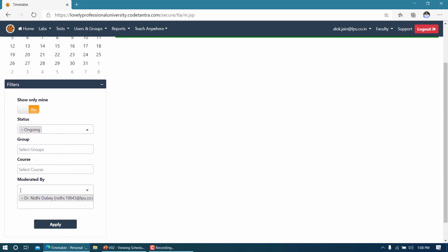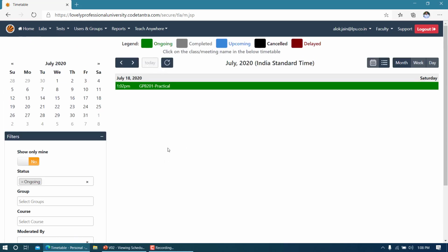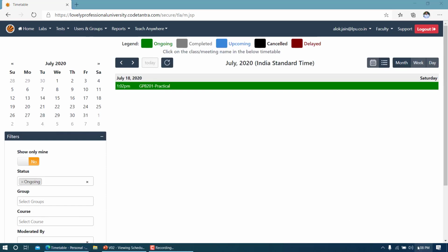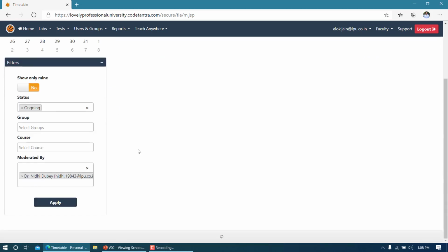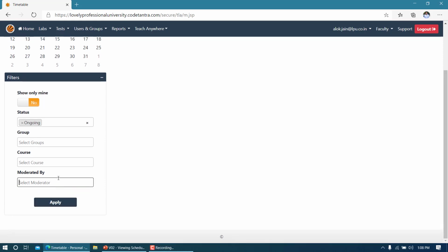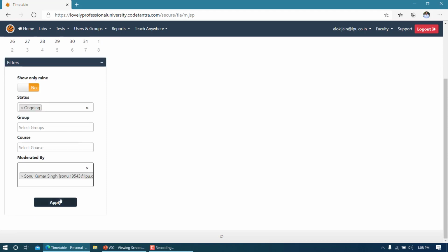And as I said, you do not need to mention your name here and click apply to see your timetable. You will see the timetable of your class by default on the calendar. This button can help you change the view of the calendar. Now let us say you want to go to a past date, and today is 18th of July, and if you want to see the classes of 15th of July, you can select 15th, and you can change the name of the faculty as well. So let us say I'm going to check the classes of this particular faculty.